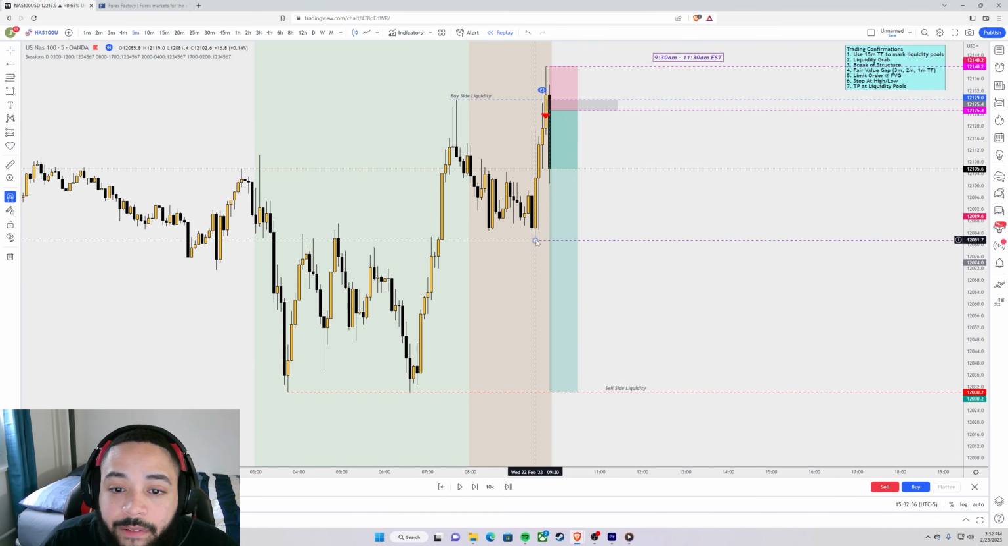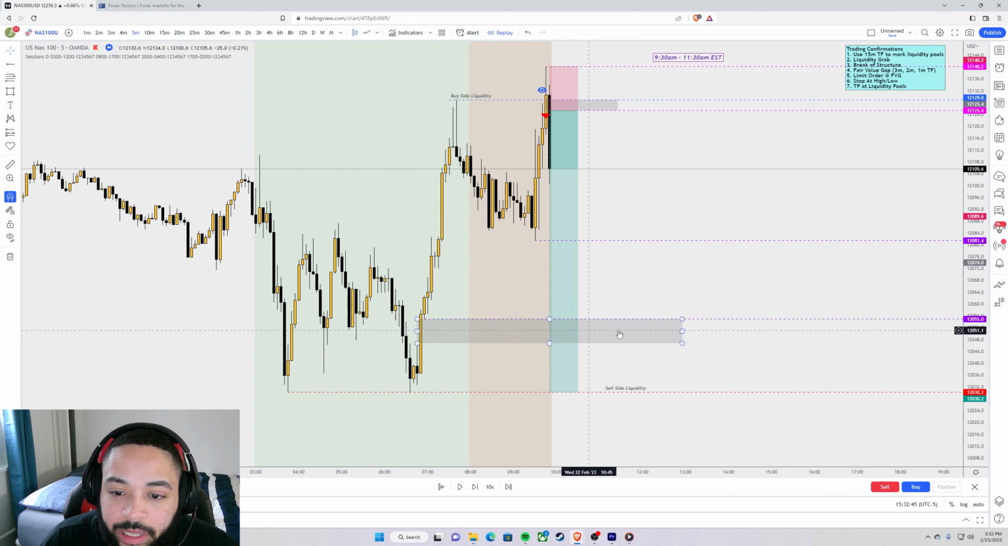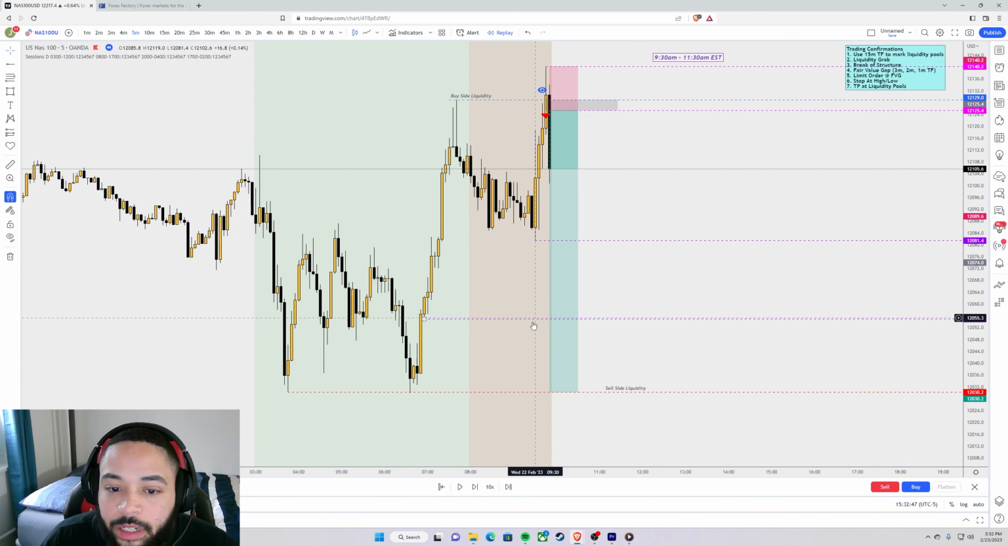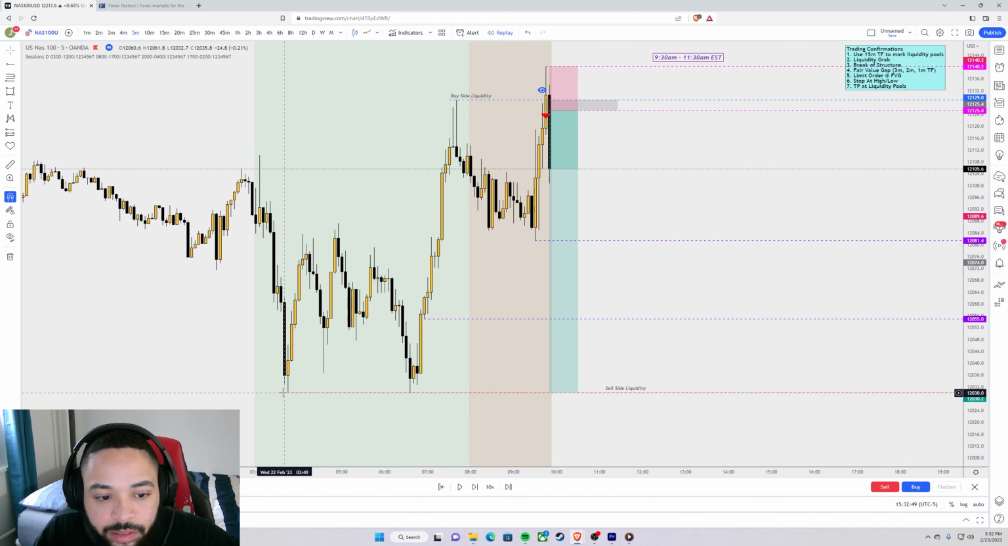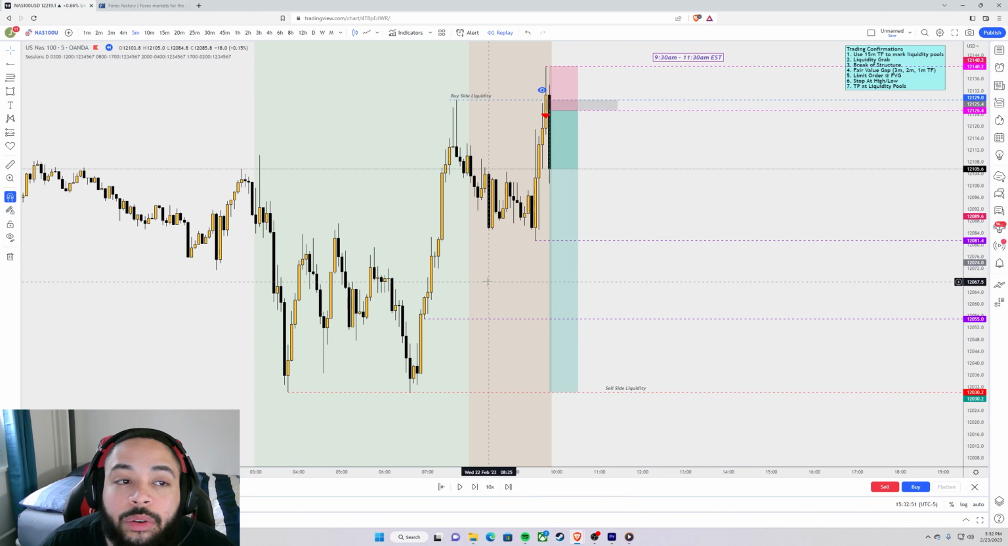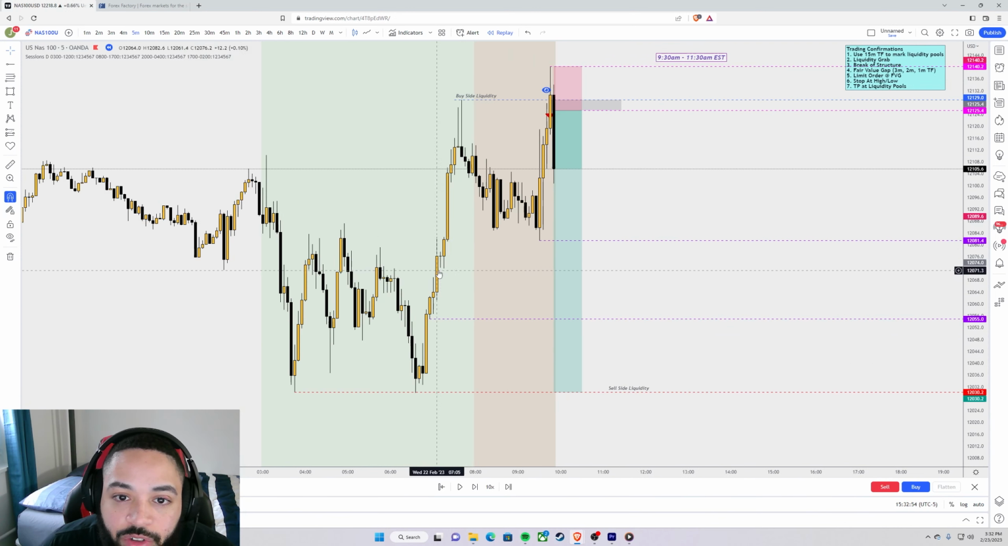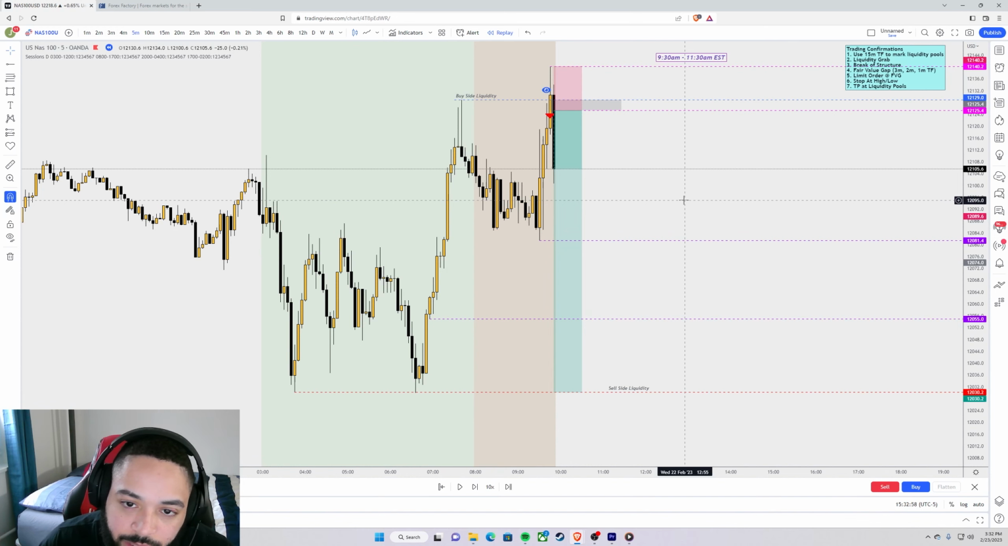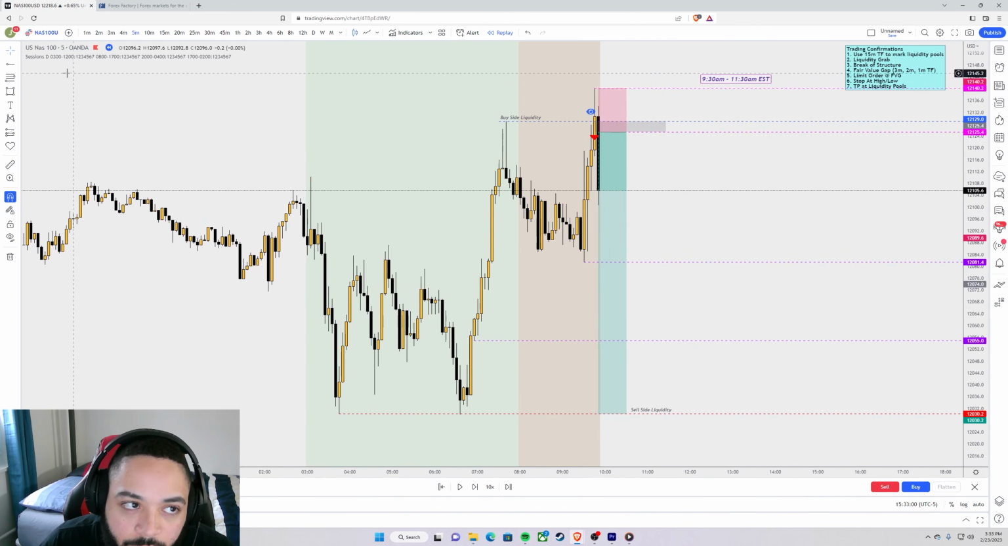So we have this low as a target. We also have another fair value gap right here as another target. So I like to mark at the very beginning of it, like these purple lines, is where I'll take off partials. And then the sell side is our final target. So you definitely want to make sure you take partials, because the purpose for taking partials is you're never going to be right 100% of the time, and you don't have to be in order to make money in this